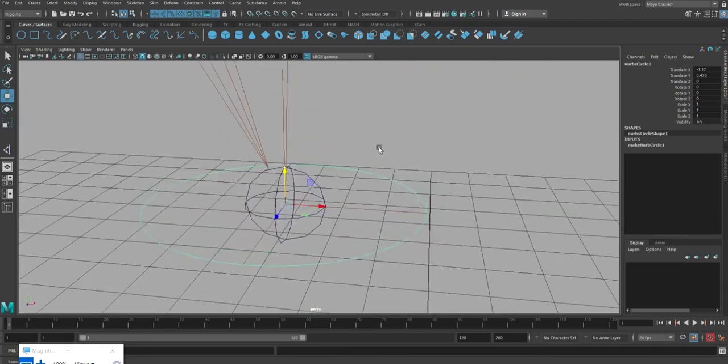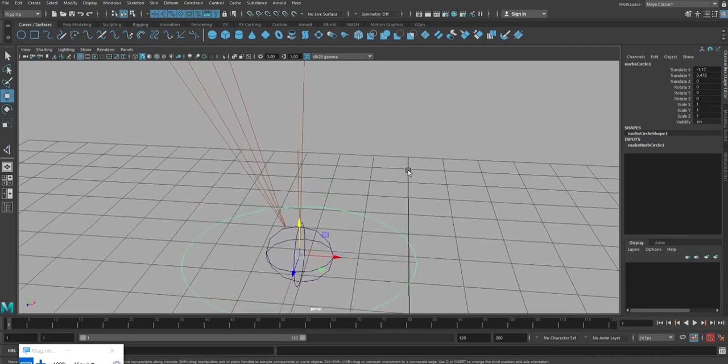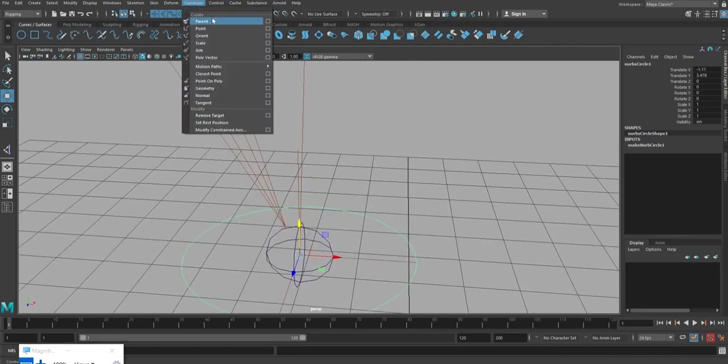what should be given? Parent-child relationship. Either it may be a parent-child concept or constraining concept. Okay, see, when the rig is very simple, or you are going to attach multiple number of meshes in a simple way, we can use parent-child concept. But when it comes to complicated rigs or advanced rigs, we have multiple types of constraints which are meant for specific options, specific usage. Parent is for moving and rotating, point is only for moving, orient is only for rotating, right?